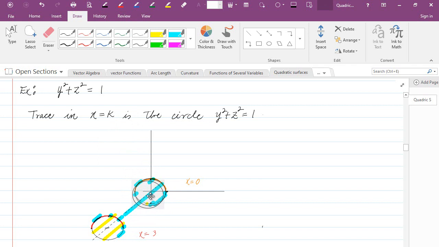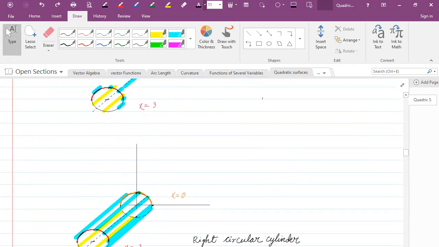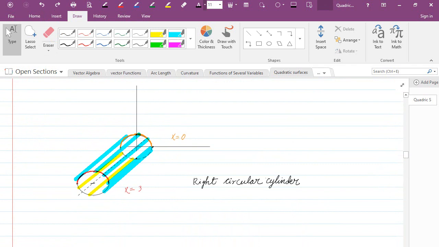So imagine that you're moving this circle in this direction, so you're sweeping through a surface as you do that, and also in the negative x direction you do the same. So what you're getting then is a cylinder. In this case, this is called a right circular cylinder because in this case you have this circle here,